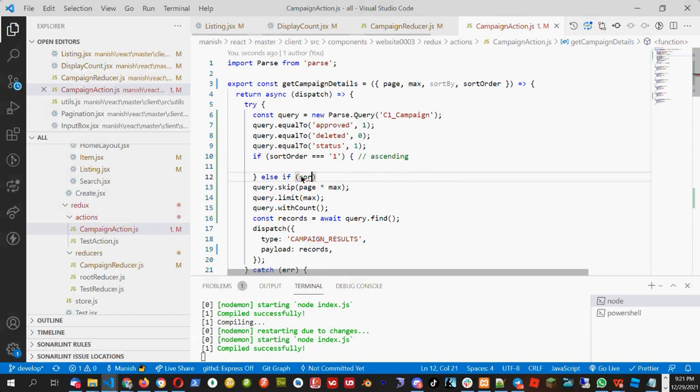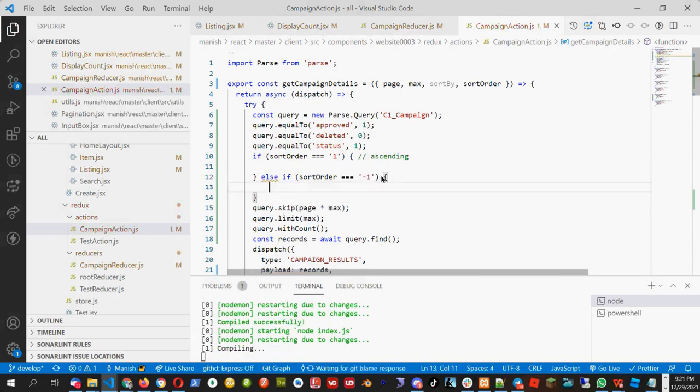Else if sort order is equal to -1, that means it is descending.